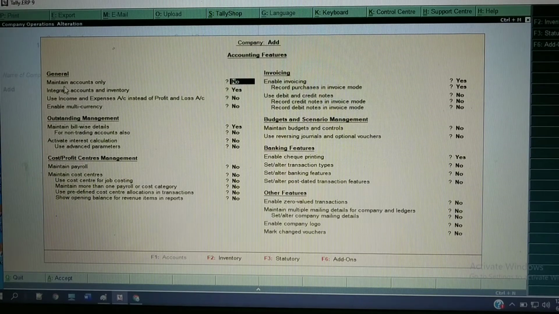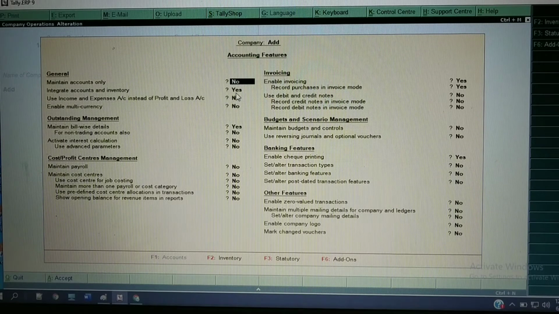And here you can see, generally, Maintain accounts only. If you are maintaining only accounting, like payment and receipts related or bank related transactions, then you need to select Maintain accounts only. And if you are maintaining purchase, sales, payment, receipts, contra related transactions, then you need to select Integrated accounts and inventory.